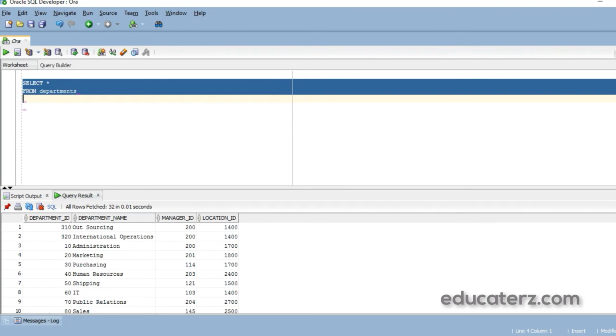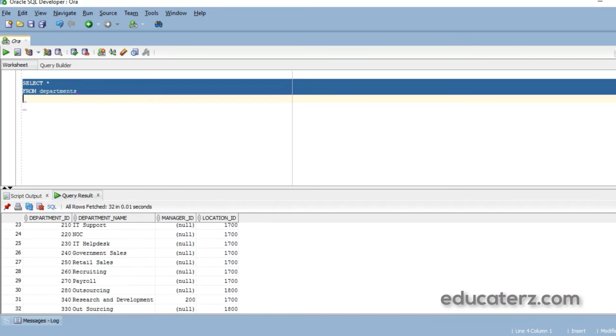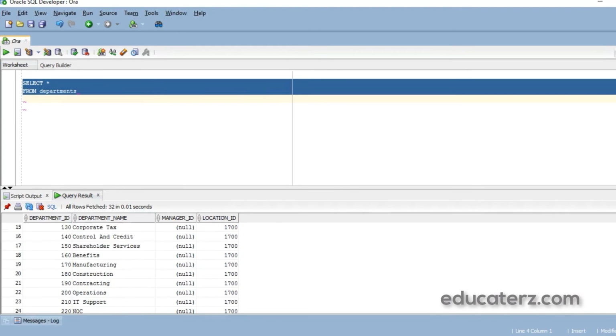Department ID 10, department name administration, manager ID 200, location ID 1700. Like that, we have all the records, all the data available in the departments table.